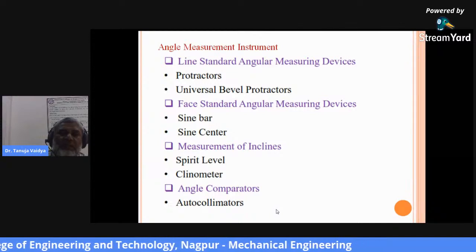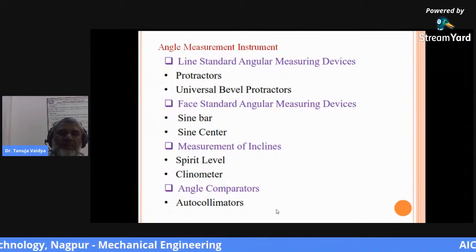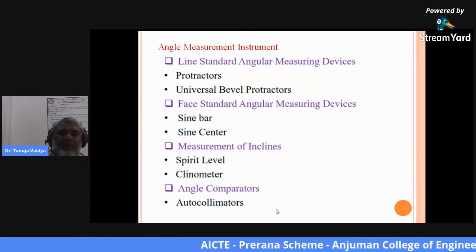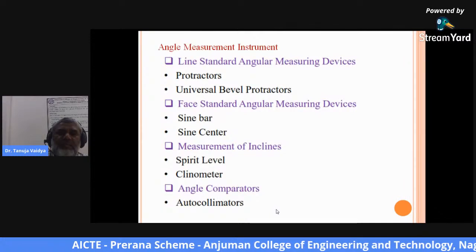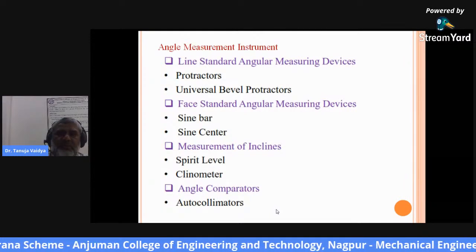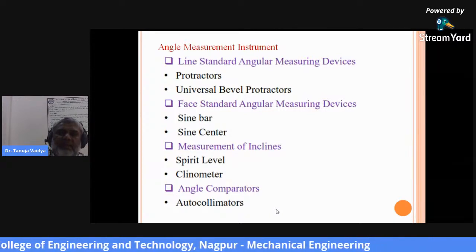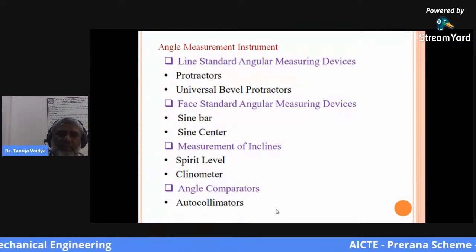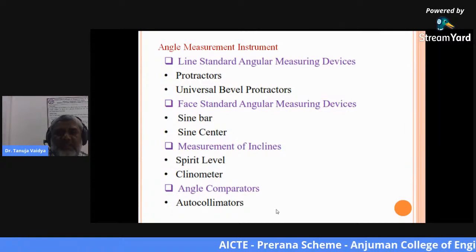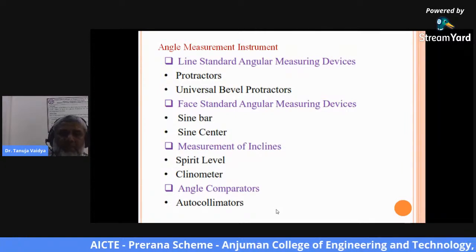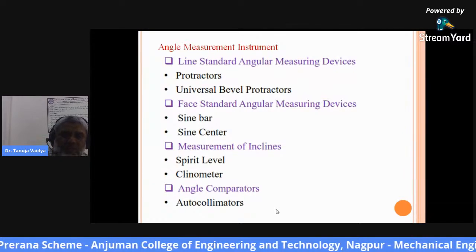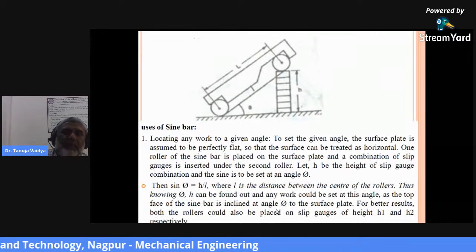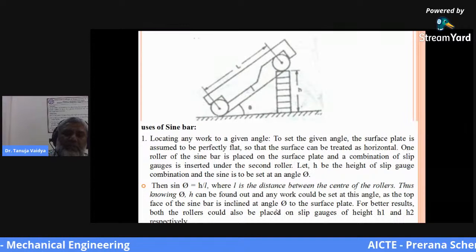Now we come to another type of instruments, that is for measuring angles. The instruments which are used for measuring angles are known as angle measurement instruments. They are line standard angular measuring devices like protractors and universal bevel protractors, face standard angular measuring devices like sine bar and sine center, measurement of inclines, spirit levels, clinometer or angle gauge, and comparators like the autocollimator. Very important and one of the most significantly used